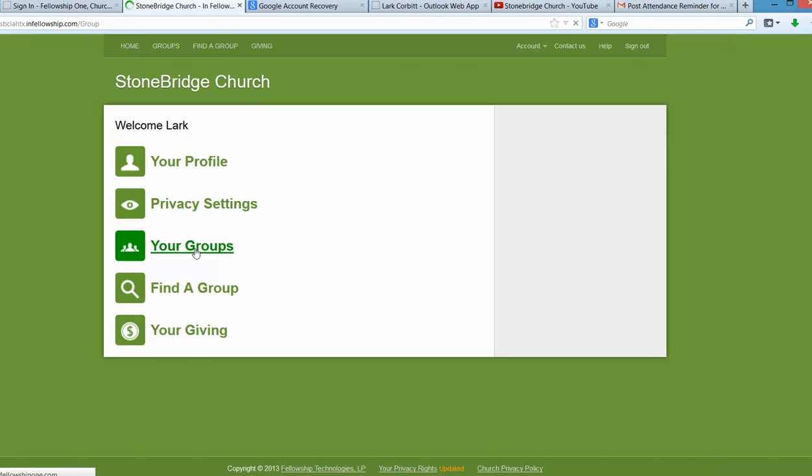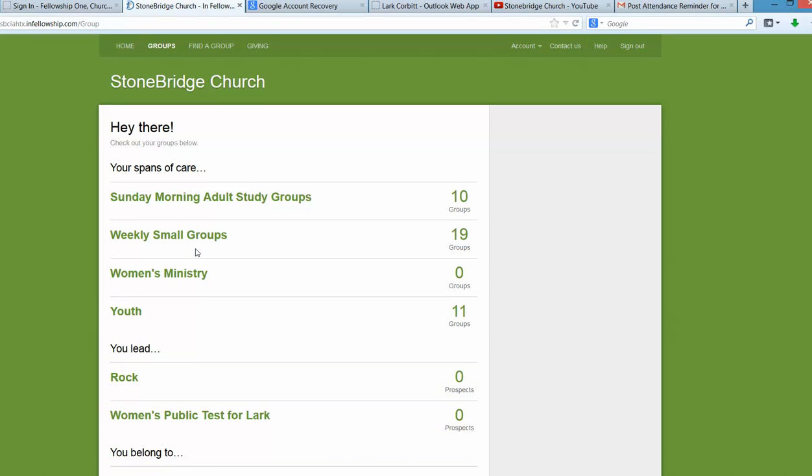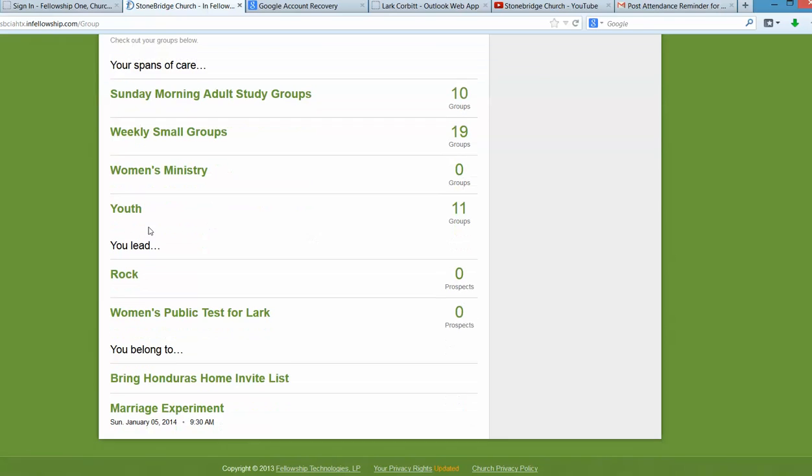So select your groups. This is going to list all the groups that you lead, you belong to, any groups that you are a part of at our church. For right now, you are going to lead a group. So I'm going to show you the sample of Women's Public Test for LARC as if you were leading that group. You go into the group that you're leading,